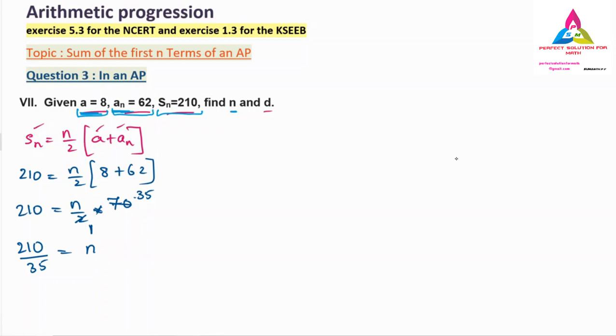So now the calculation part, which table will it go, 35 and 210. 7 on the table, 7 5s are 35, 7 3s are 21, 0 we have 0. Again it is possible, 5 1s are 5, 6s are... So what is the n value? N value is 6. So it is quite easy, not a long step we have to do.